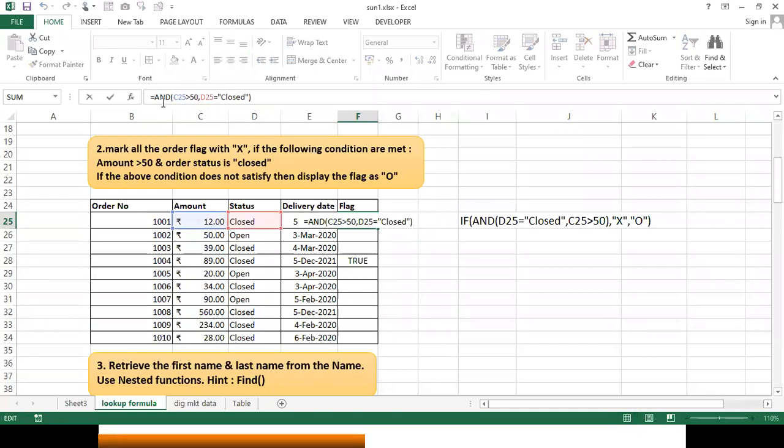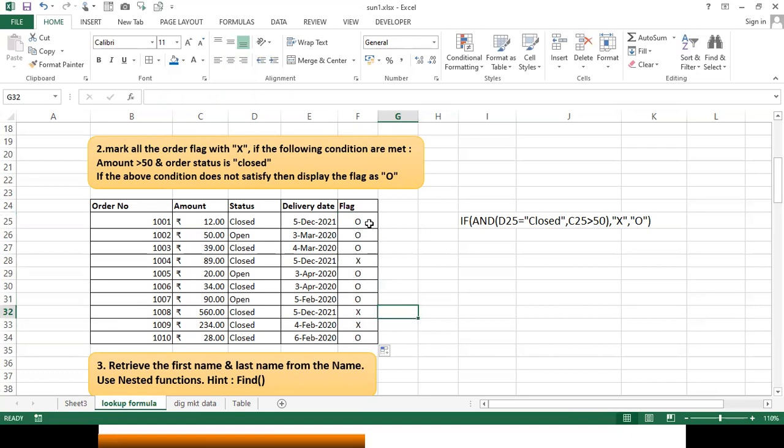If this condition is true, I'll write a comma over here and I'll give it as X, because I want to mark it as X. Else I'll mark it as O. Okay, this is what I have written separately over here. Now if I pull it everywhere, it is going to give me O and X wherever it is required.